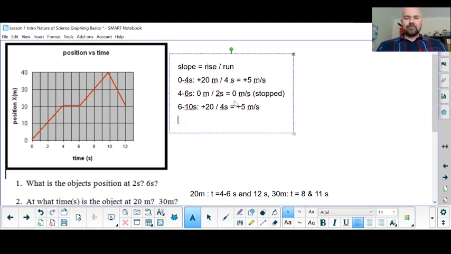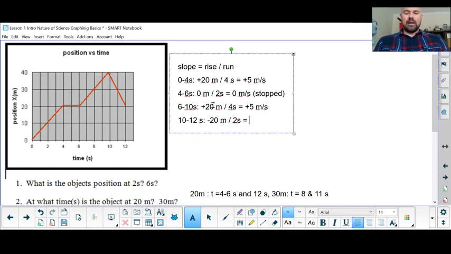Finally, the last one is from 10 to 12 seconds. And it looks like it's starting at 40 and going to 20. So that's moving negative 20. The line's dropping 20 meters. Let me put a meters up here. I left it out. And then that's happening from 10 to 12 seconds, which is 2 seconds. So if I take negative 20 divided by 2, I get a negative 10 meters per second. And that is the velocity of the object. Again, the negative tells you the direction, so it means it's doing at